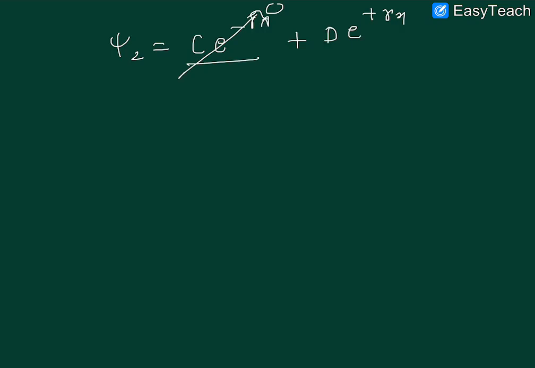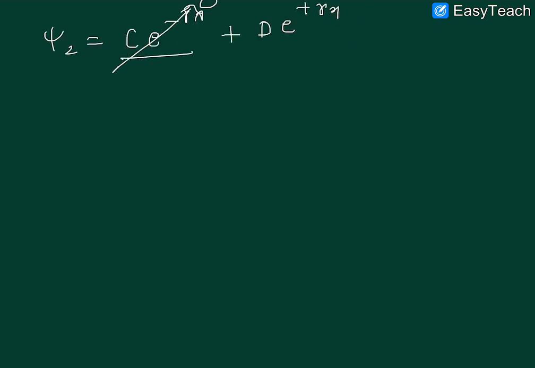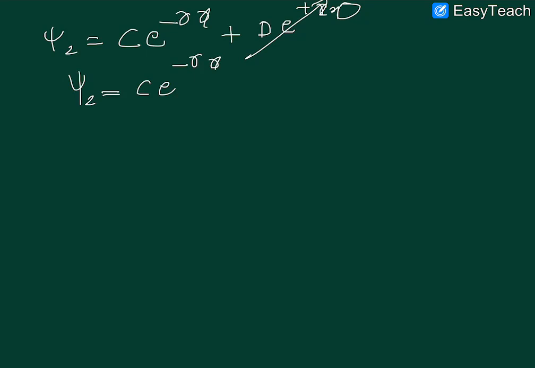Alright, wait, I have once again made a blunder over here. So we have now psi 2 finally, which can be written as... wait, I made a mistake over here. For an acceptable solution, I must have this term to be 0. So my psi 2 becomes C e to the power minus gamma x,